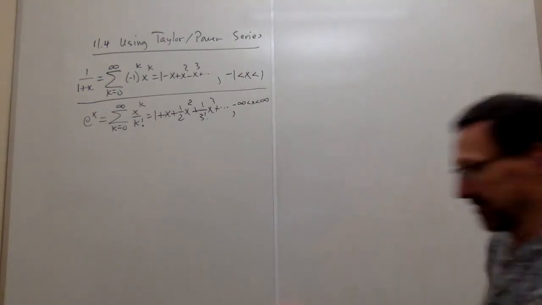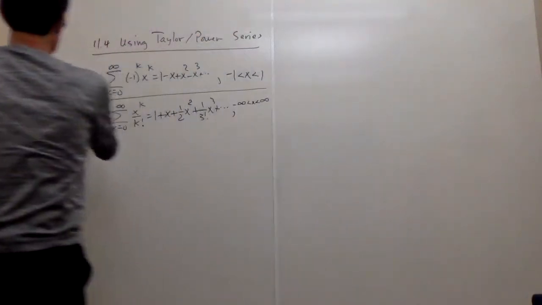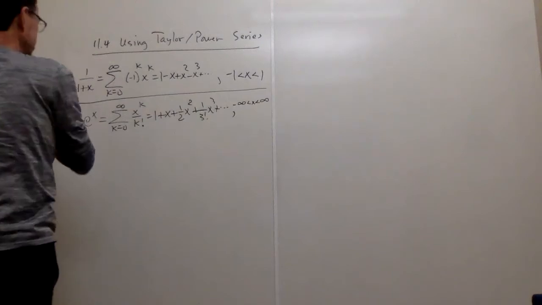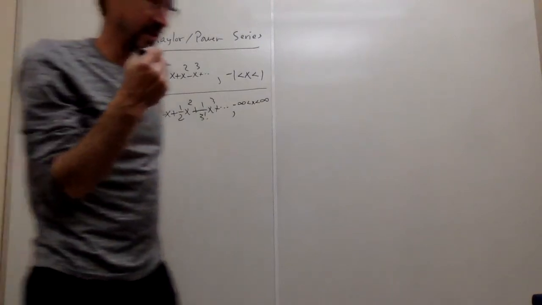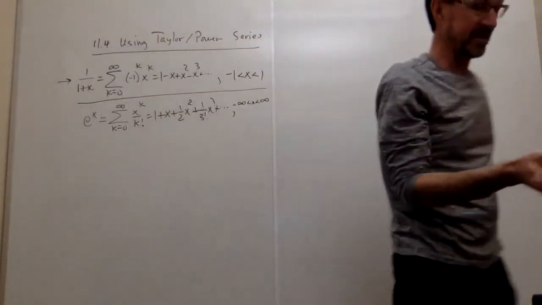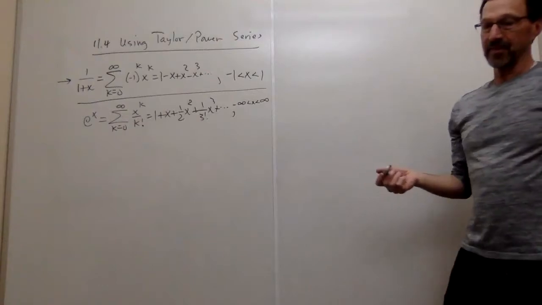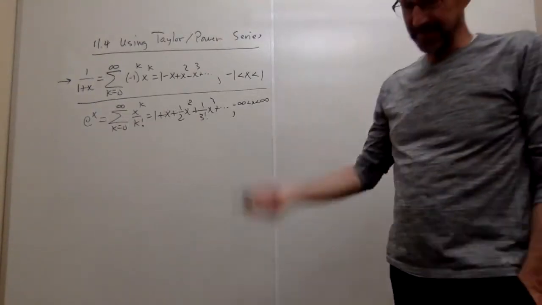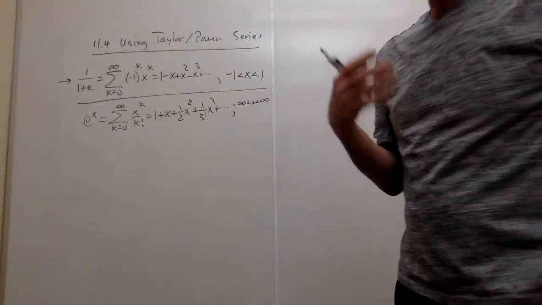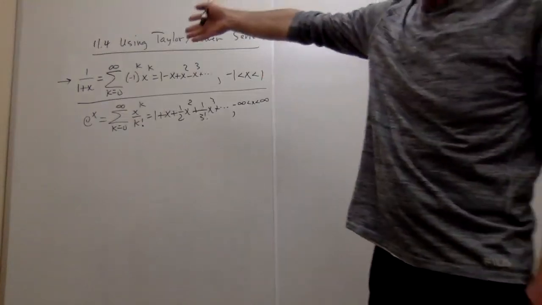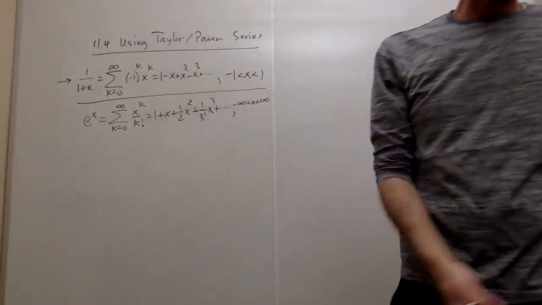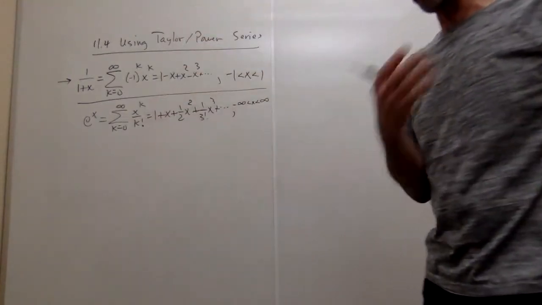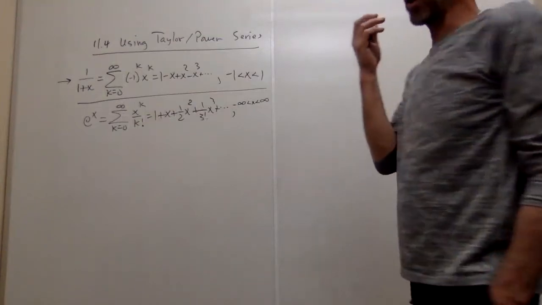So I want to start with the first one, this one right here, and I want to just do a few things. I showed in the video that we can differentiate or integrate a power series, and the series we get, integrating or differentiating term by term, converges to the function that we get, which is either the derivative or the antiderivative, whichever one we happen to do. And there are other things that we can do. For example,